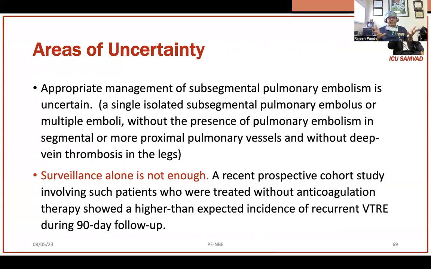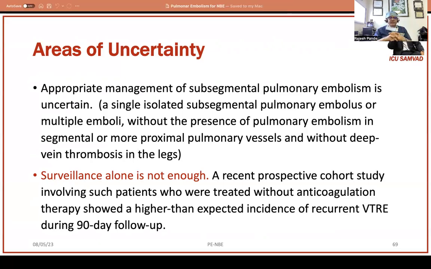What should be the appropriate management is uncertain, but we know surveillance alone is not enough. Without anticoagulation, surveillance is not enough. So you need to continue them with anticoagulation and then continue their surveillance to look at the recurrence of venous